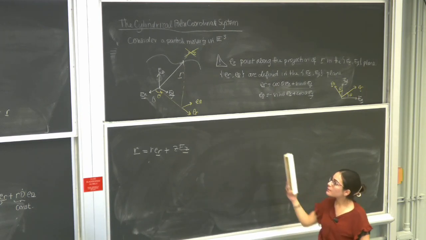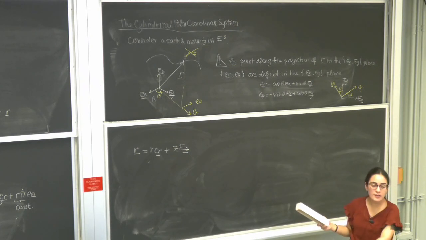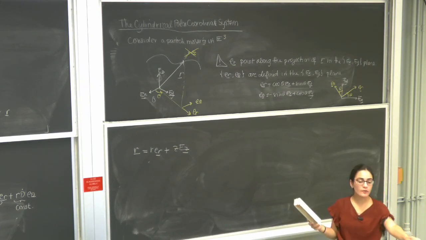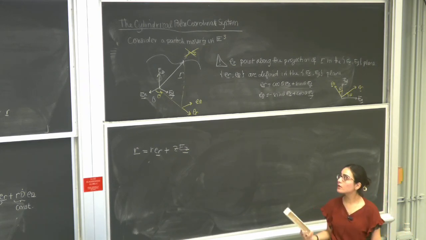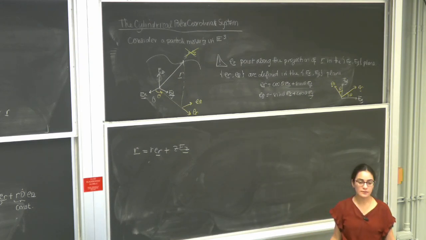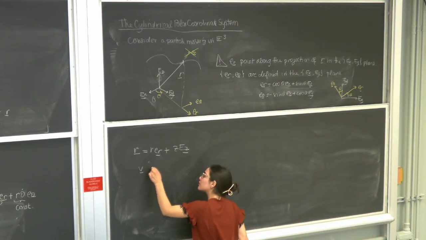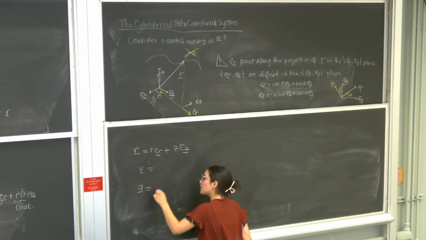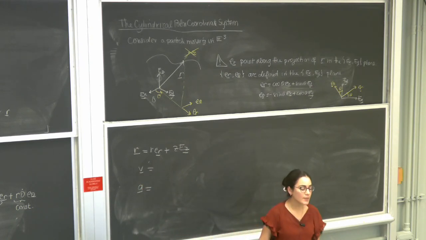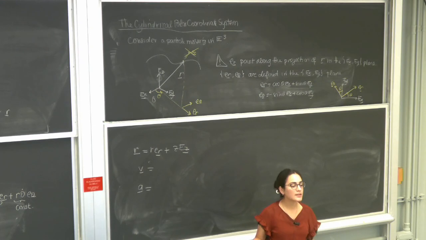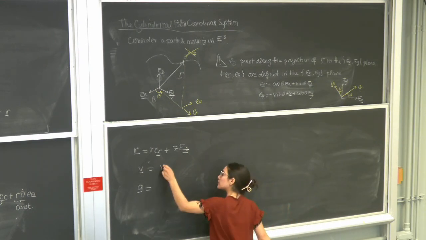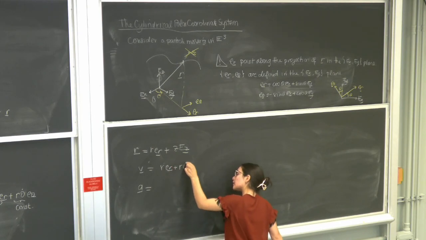It's the polar component in the EX, EY plane, which is the projection of the position vector along the horizontal, plus the vertical, Z EZ. So it's basically the polar plus you add the Z component, the height. Okay? And then the velocity and acceleration vectors are defined in the same way by taking the derivative of R and V respectively, but then we have to add the Z dot EZ component and the Z double dot EZ component. So R dot ER plus R theta dot E theta